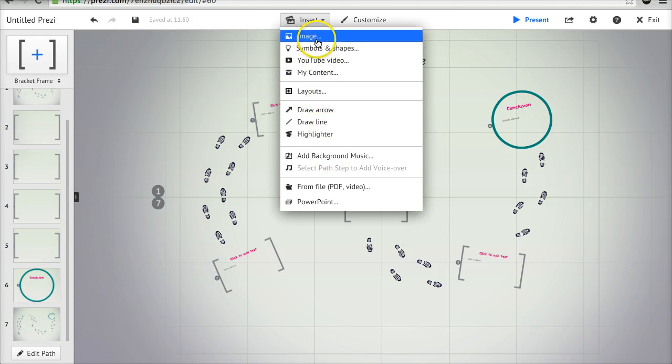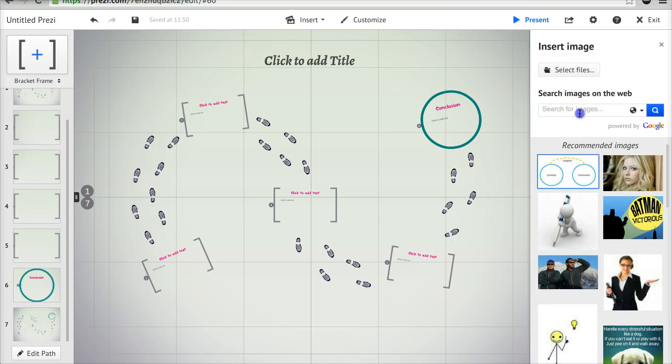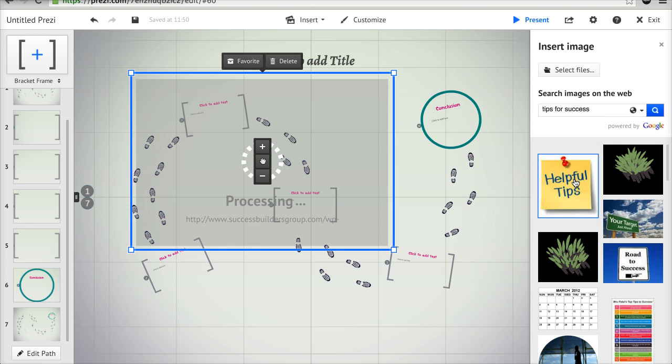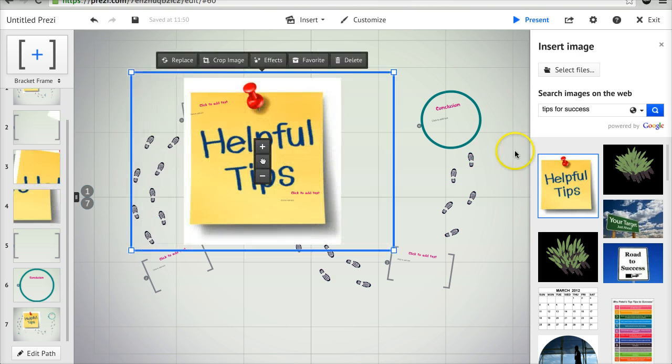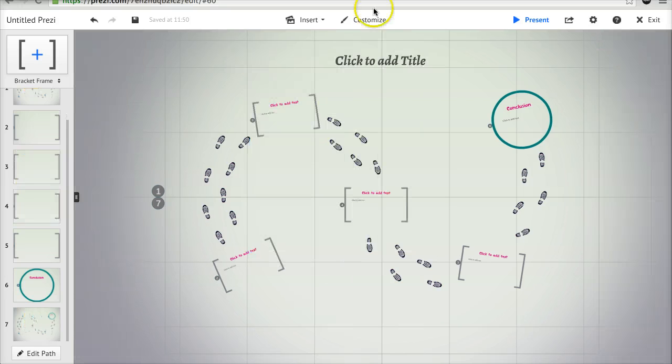If you choose to insert an image, Prezi allows you to insert an image from your computer or search Google Images. Once you double-click on the image you would like to put in your Prezi, it is automatically inserted without having to save the image to your computer. The Customize button provides advanced options and is helpful when you get comfortable with Prezi and begin creating presentations from a blank canvas. The blue Present button allows you to switch into present mode so that you can view your